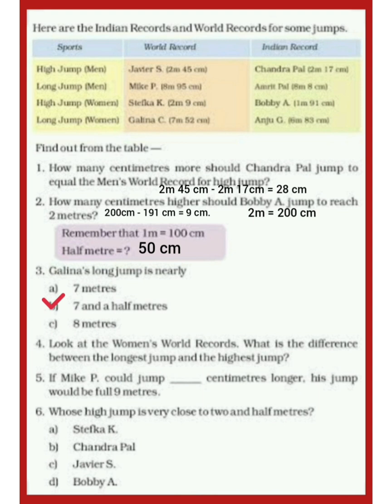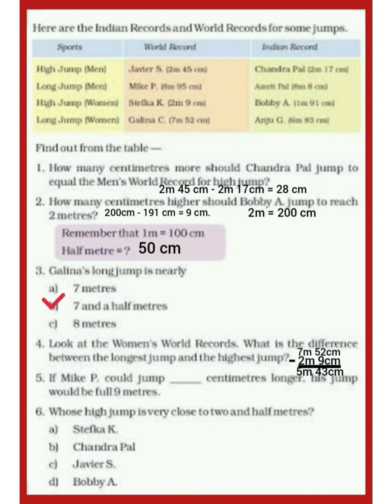Now we will write the greatest value of jump. 7 meters 52 centimeters, then minus 2 meters 9 centimeters. The answer will be 5 meters 43 centimeters. Have you understood? The fifth question is, if Mike P could jump dash centimeters longer